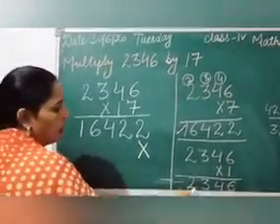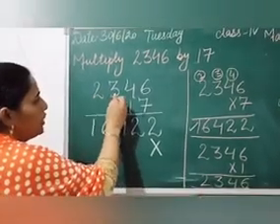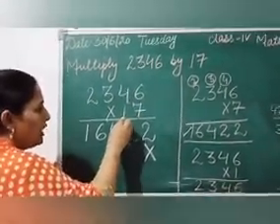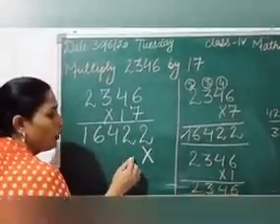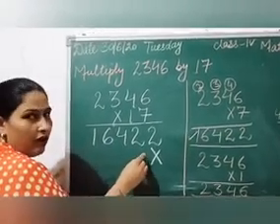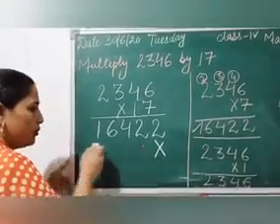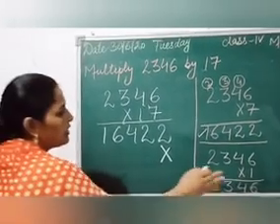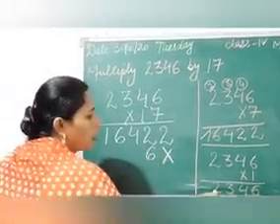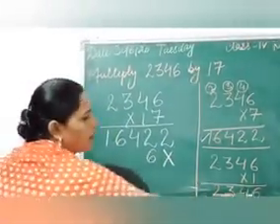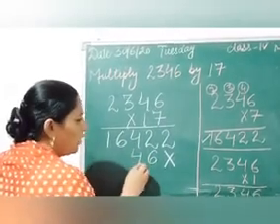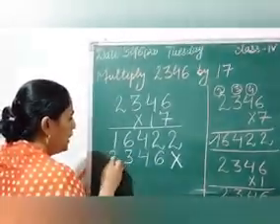Now the next product is 2346 multiplied by 1. So we will start writing from here. The second product we will start writing from here and we will move to the left side. Here 6 we got from 2 3 4 6. We will start from 6. Here 4, here 3, here 2.